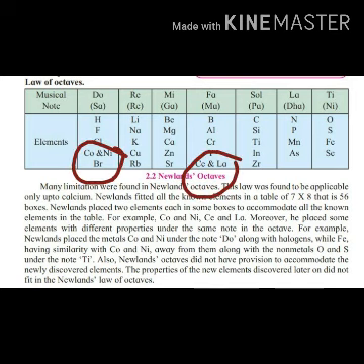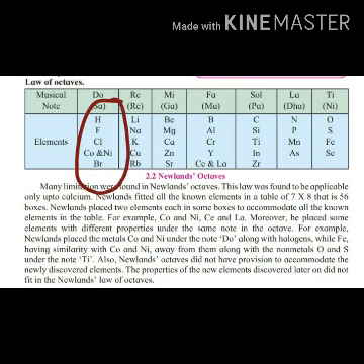There are a few demerits in the table. When you see the table, he placed two elements each in the same box: cobalt and nickel, cerium and lanthanum. He placed some elements with different properties under the same note in the octave. Example: Newland placed the metals cobalt and nickel under the note Do, along with the halogens, that is chlorine, bromine and